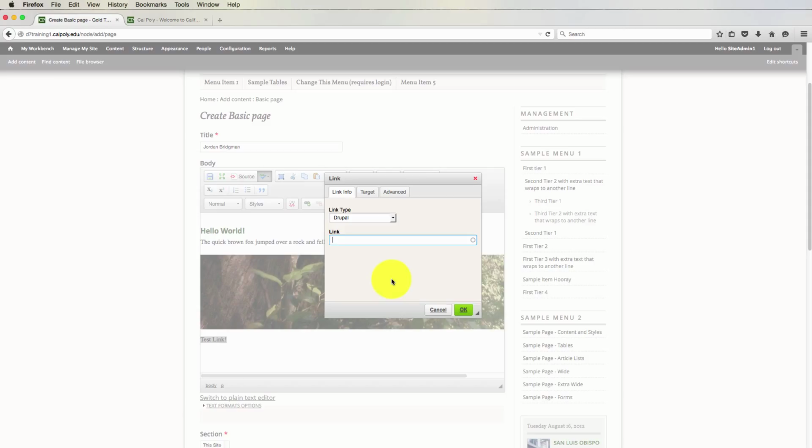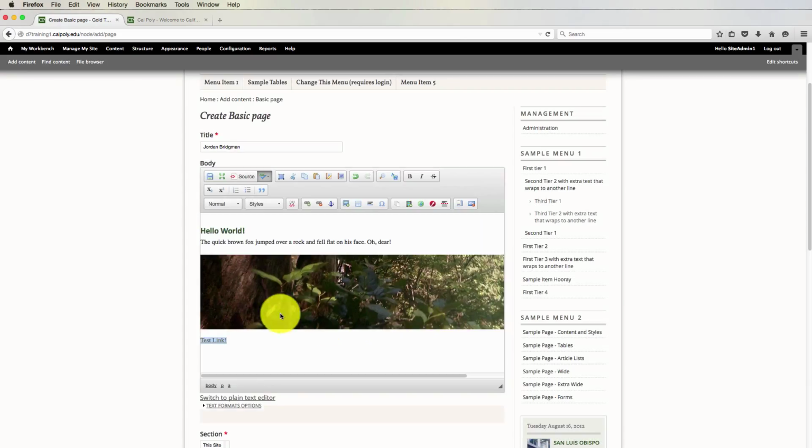These are really easy to set up because all you have to do is start typing in the title of the page that you want to link to, and Drupal will attempt to autocomplete for you. For example, if I type in home, Drupal automatically identifies my home page. I can click on this to verify that that is indeed the link that I intend to insert. And you'll know that Drupal has successfully added it when it inserts the node/number after the title of the page. If I click OK, it will insert that link, and you can see that the text has been formatted as a link.